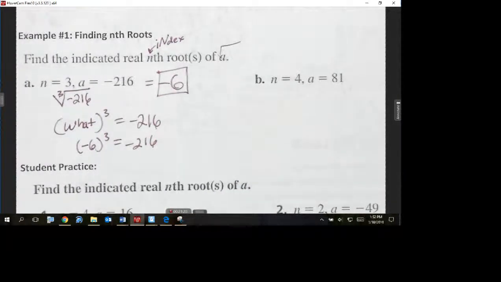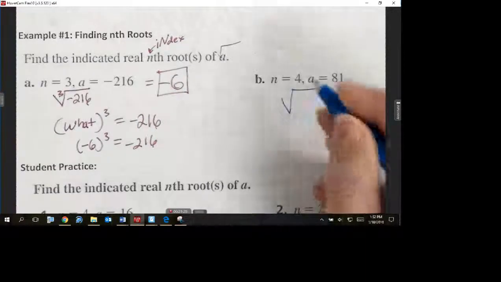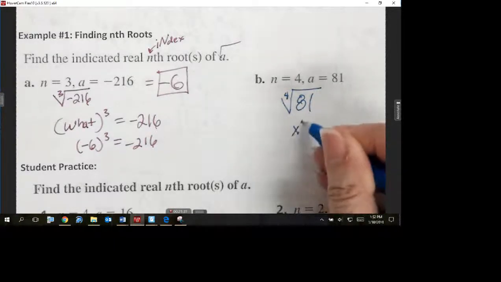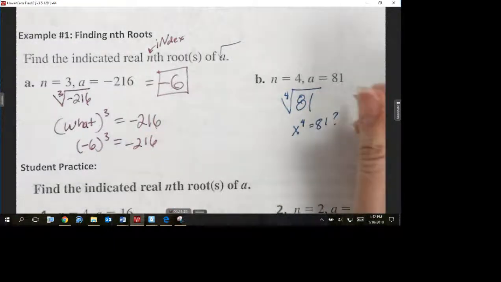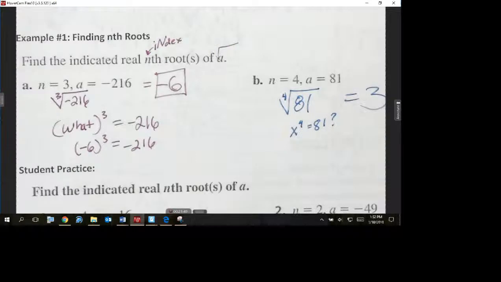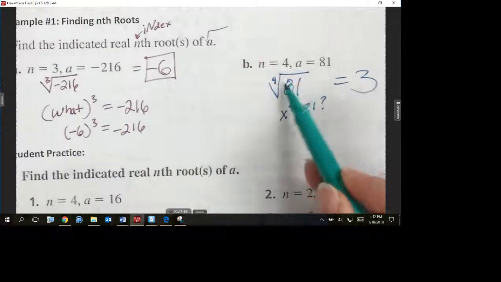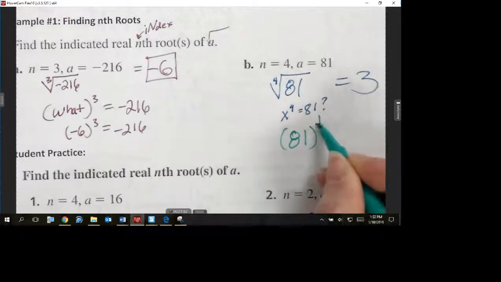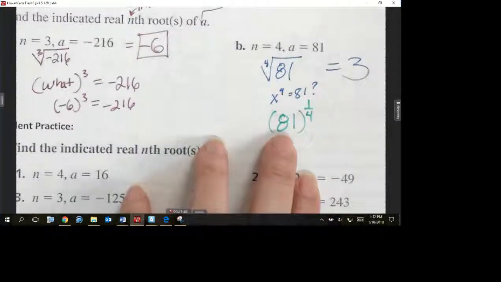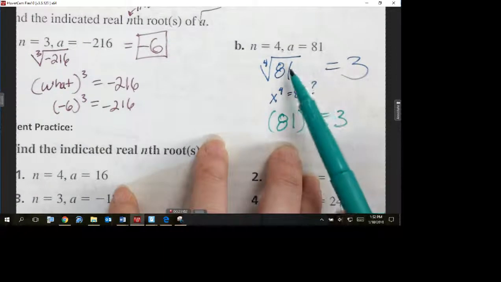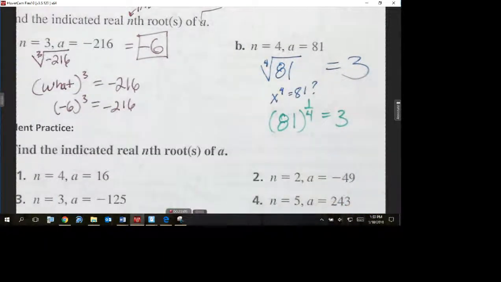So B says the nth is 4, so that's my fourth root. And 81 is A, so you say what to the fourth equals 81? 3. Now, as we're learning this new stuff, I could, if I want, write it a different way. It did not tell me how to write it. I could have just written 81 to the 1/4. Could have written it that way, too. But I would probably write it in radical unless they say otherwise. So anyway,